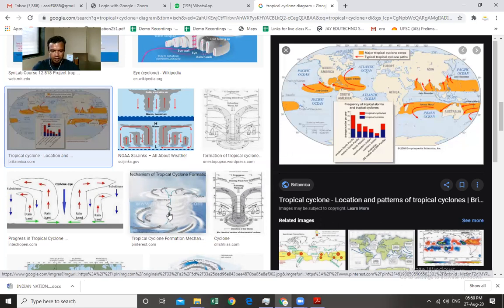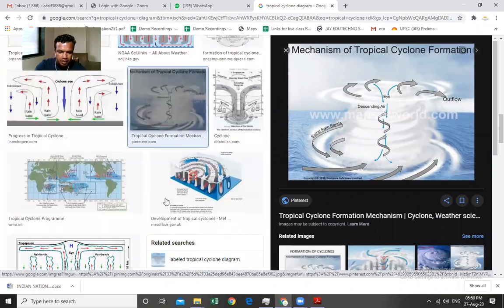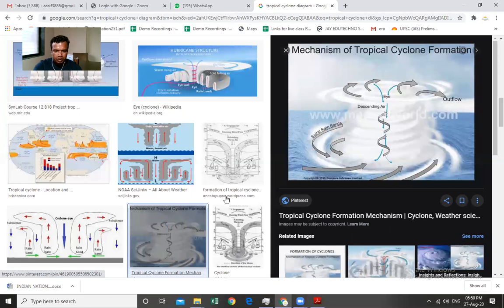Now here you can see there is ascendance of the winds, and this ascendance of the winds leads to heavy rainfall here. Why heavy rainfall? Because obviously there is continuous upward movement of the wind, and that continuous upward movement of wind supplies the moisture, and there is rainfall. But at the same time, if you see the structure of the tropical cyclone, there is no rainfall in the eye.